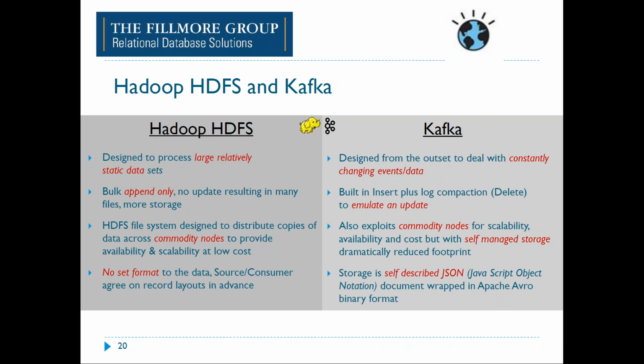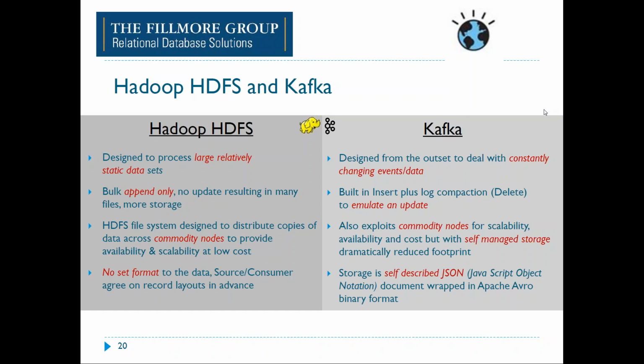If your data format is pretty much fixed, you're always going to have agreement between what it looks like at the source and at the target. Hadoop is certainly one that can play in that game. But if you're bringing data in from lots of different sources, if you need to take the data to numerous different targets, especially in those scenarios where the format and the schema of that data evolves over time,